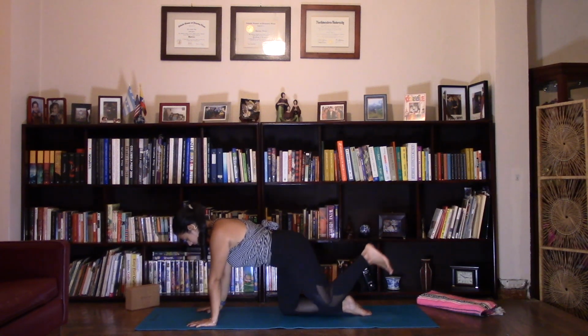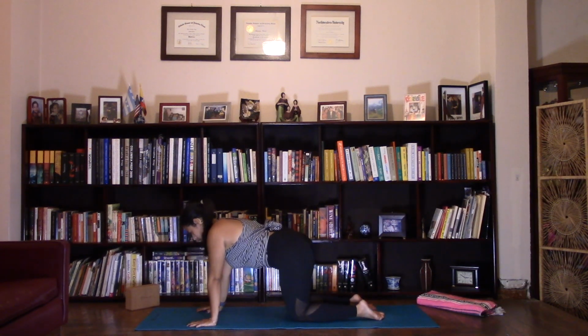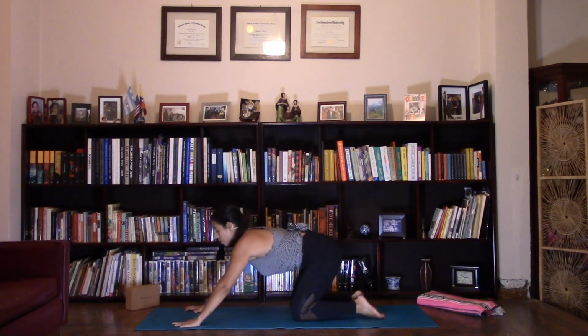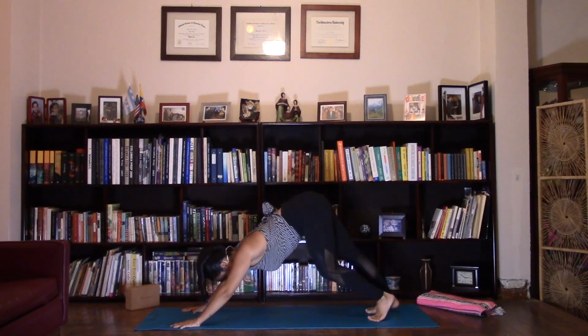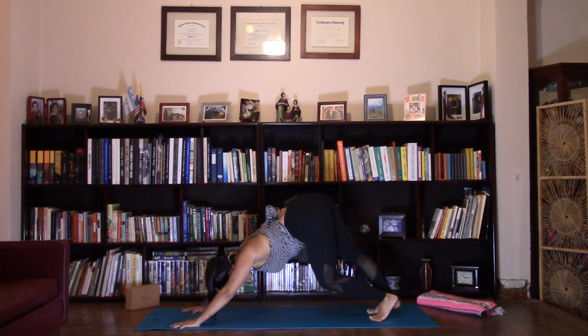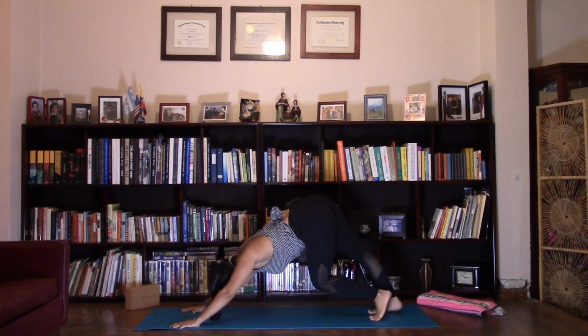And then release. Now from here, walk the hands forward about 1 hand's length. Tuck the toes under, lift the knees and the hips. Find your downward facing dog. And feel free to pedal out the feet here, bending 1 knee and then the other. Maybe shifting hips side to side, any movement that speaks to you as you come into this downward facing dog,